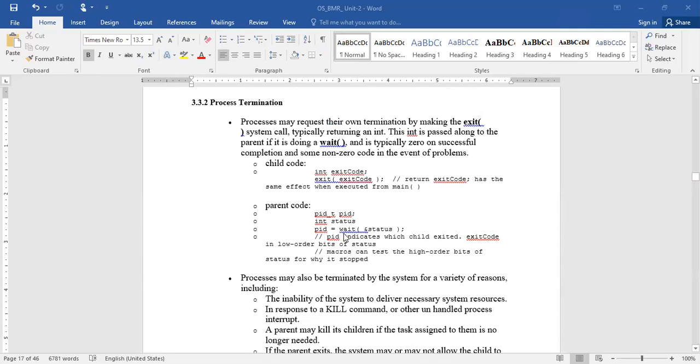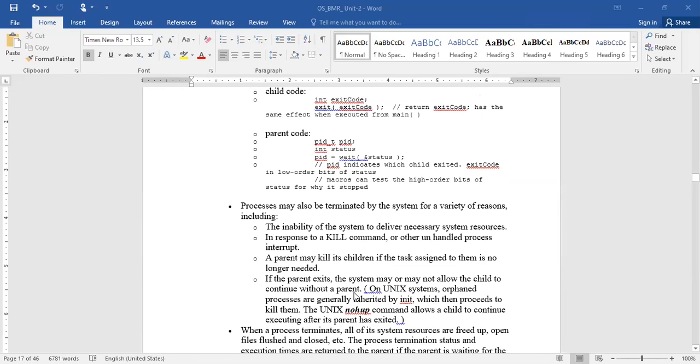Apart from this, sometimes the system may also terminate processes for a variety of reasons. One is if it is unable to deliver the required resources for the continuation of the process. Another is if you execute the kill command or some unhandled process occurs.